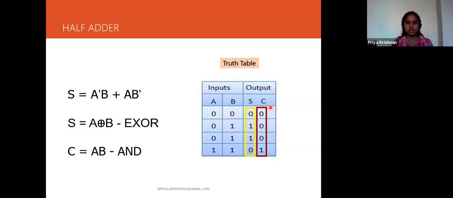So here again we will go for the carry. Which gate will give me this truth table? Which gate output will look like this? It is the AND gate. Very correct. So what is my expression for C? My expression for C is A dot B. So to implement a half adder, I need only 2 gates. And what are they? I need an XOR gate and then an AND gate. 2 gates are enough for me.